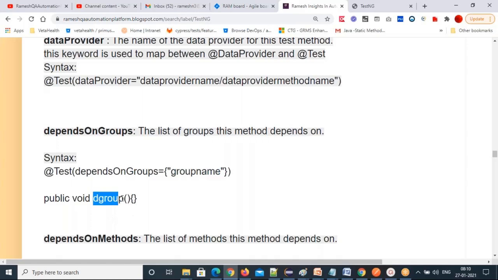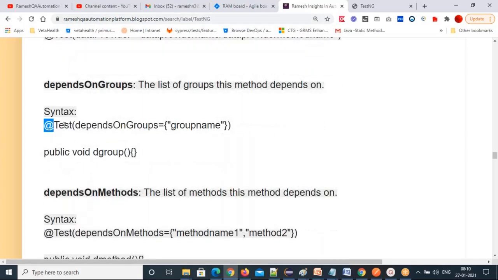Then this D group test method will execute. If any test case fails, this D group test method is not going to execute, and it will fall under the skipped count. That's dependsOnGroups. We are setting the dependency with dependsOnGroups.